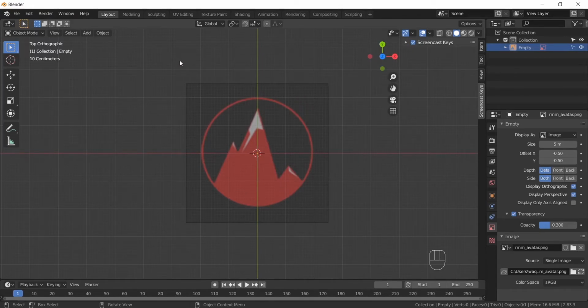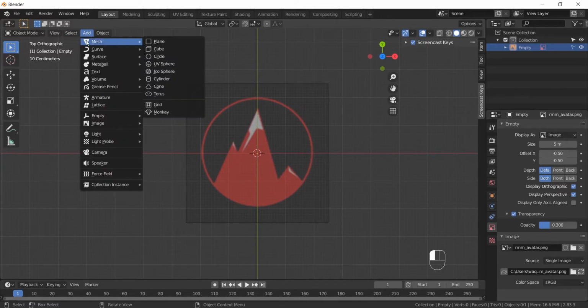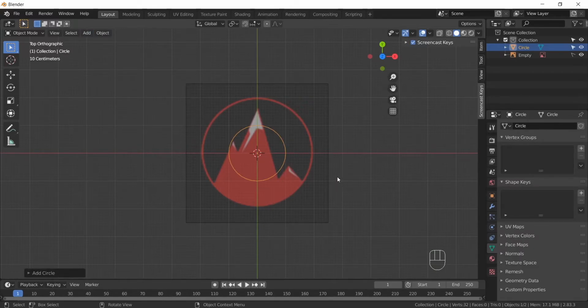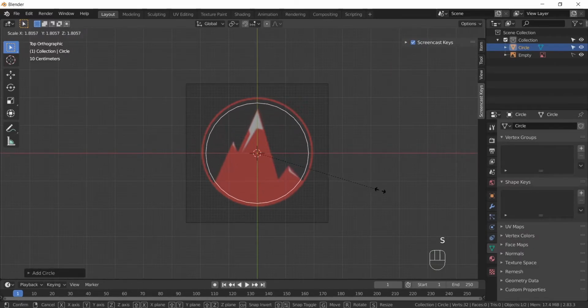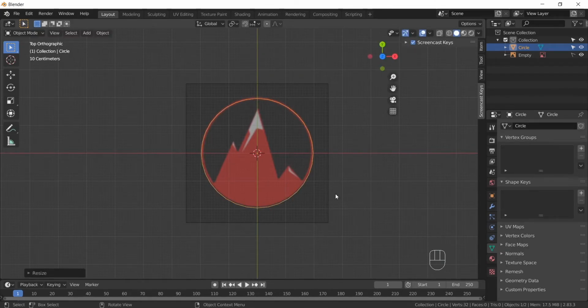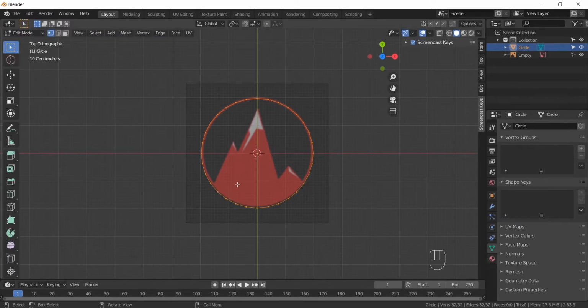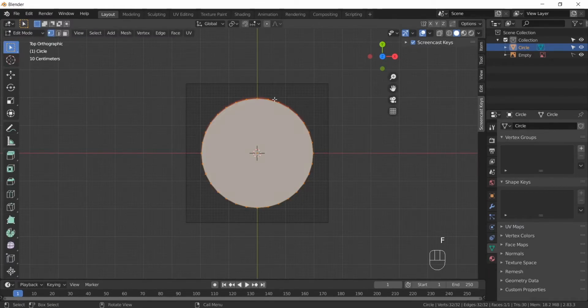So now it's time to trace. We're going to start with the outer circle right here. With my cursor in the center, I'm going to go Add, Mesh, and I'm going to select Circle. If I press S to scale, then it would scale, and now I want to go to Edit Mode and press F to fill the